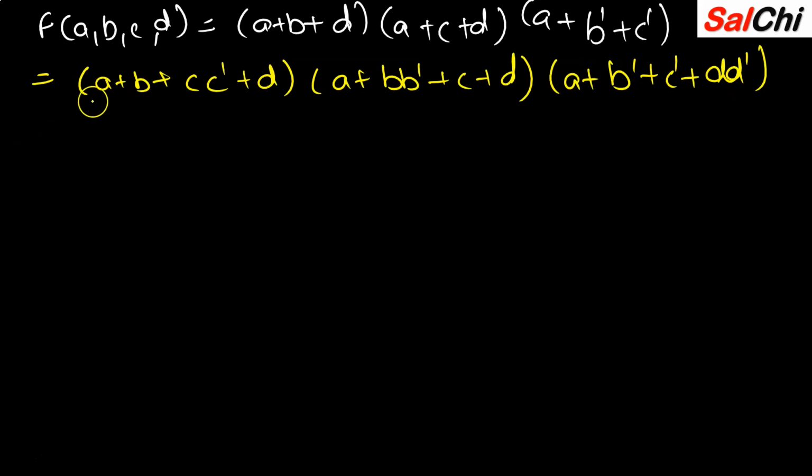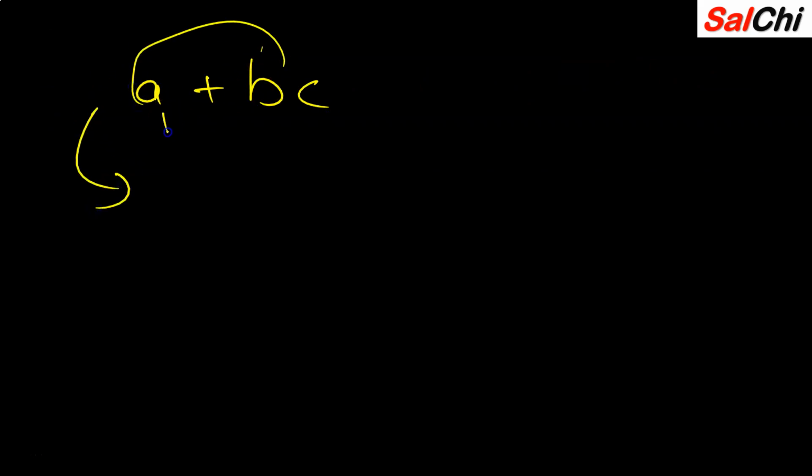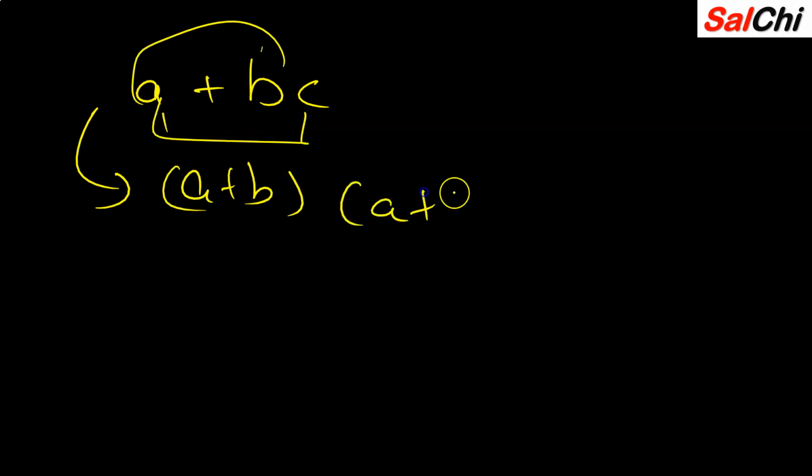A, B and D will be what? They will be A, and C will be taken as B and C for that formula 1. Okay, so we just have to open them. In another simple way, if it is A plus B C, what you have to do in the formula is take one, add them, and then take another, A plus B, write B, A plus B, and in another one just take A and C, another multiple.